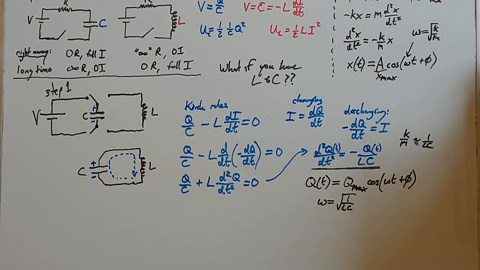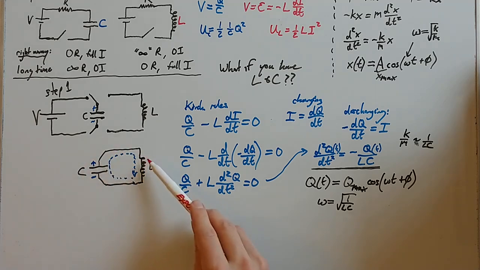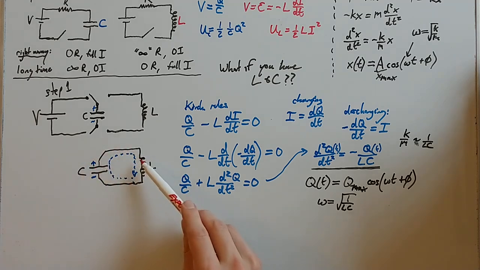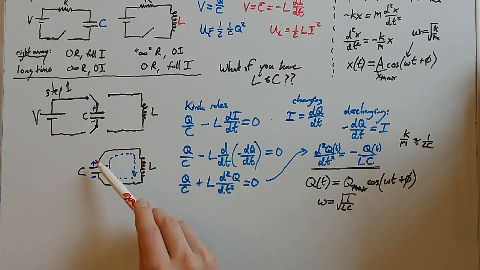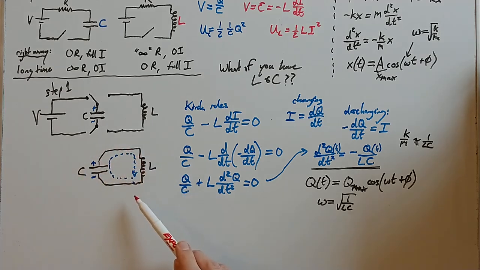Well, physically, what we have is all the charge is on the capacitor here, right? But then that charge is going to start to flow off the capacitor, right? You connect a wire across the capacitor, it's going to want to discharge. And so over time, you'll discharge all of the charge on the capacitor, and at some point, you'll have all current and no charge, right? You'll have taken all the charge, and all the charge will have flown off,